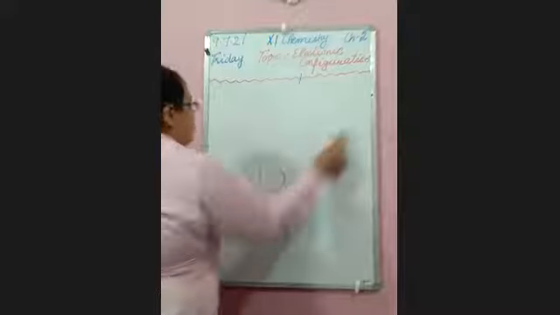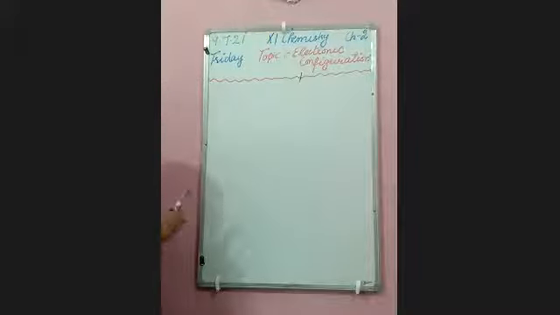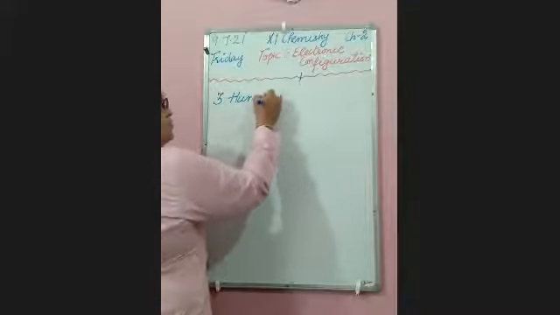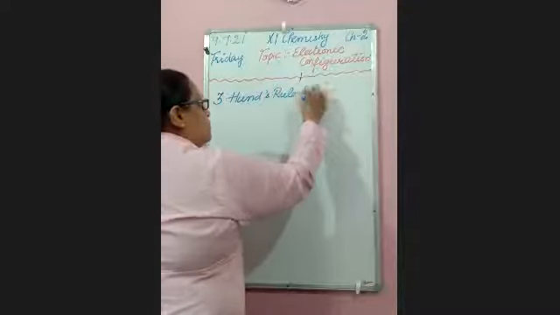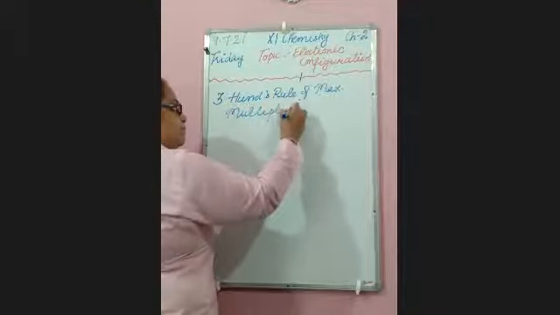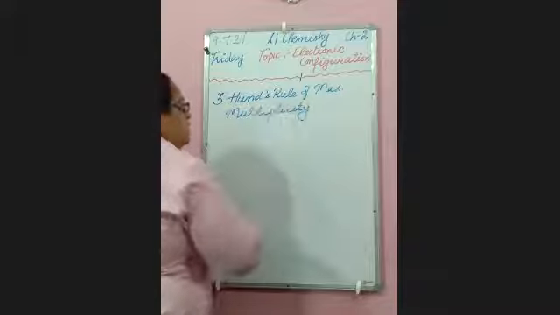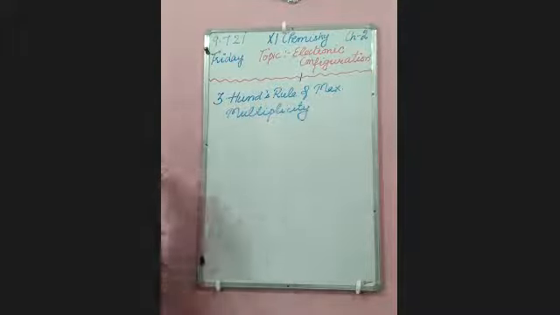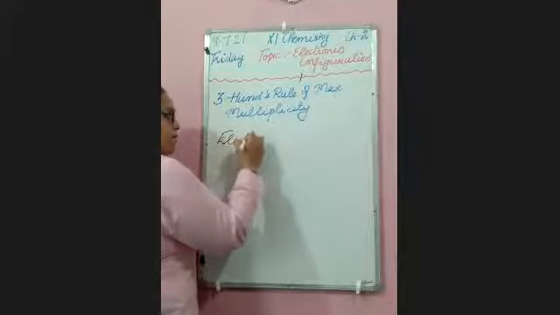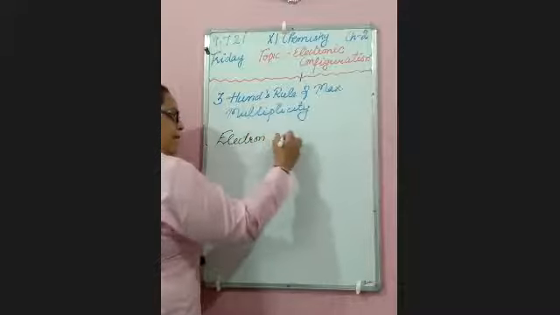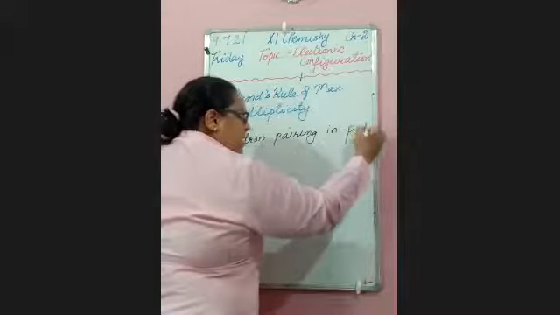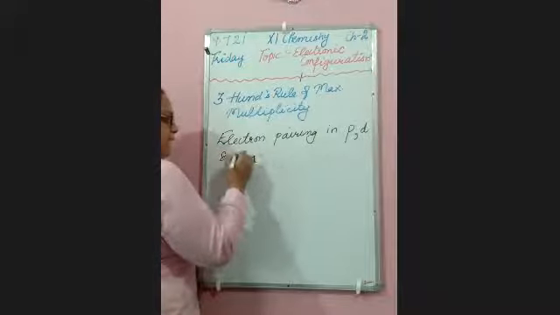The third rule on which electronic configuration depends is Hund's rule of maximum multiplicity. See, this rule states that electron pairing in p, d and f orbitals